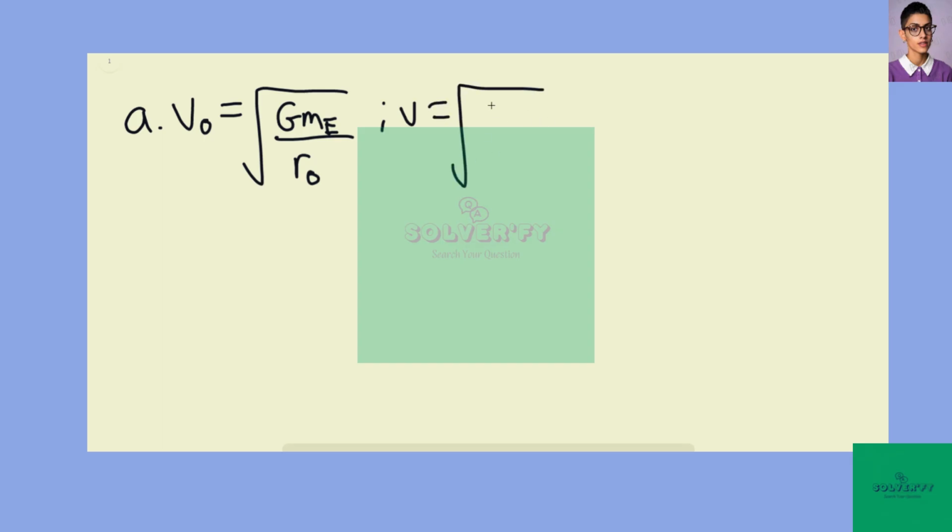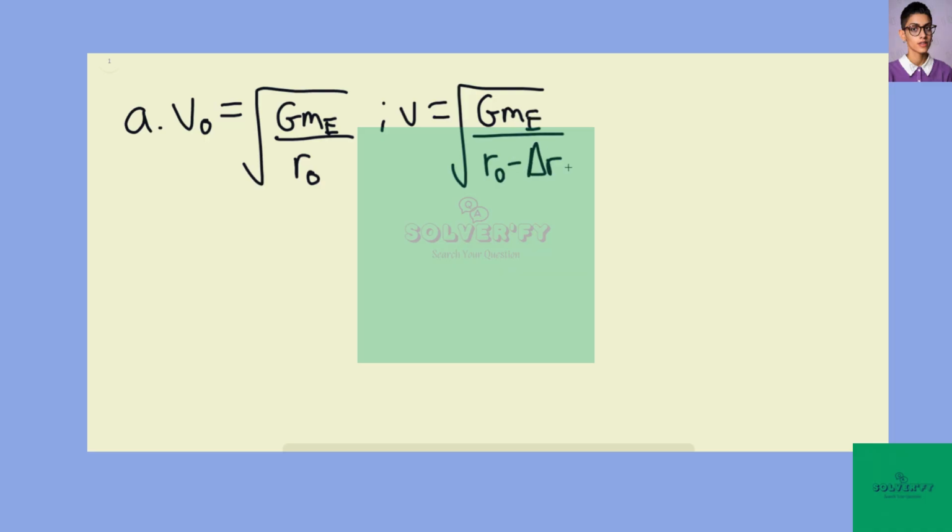So how long would it take for us to catch up if we reduced our radius of orbit by 1 kilometer? So for part A, we can say that the original velocity is equal to the gravitational constant times the mass of the Earth divided by the original distance. We can say that v is equal to the square root of GM sub e divided by r, the original